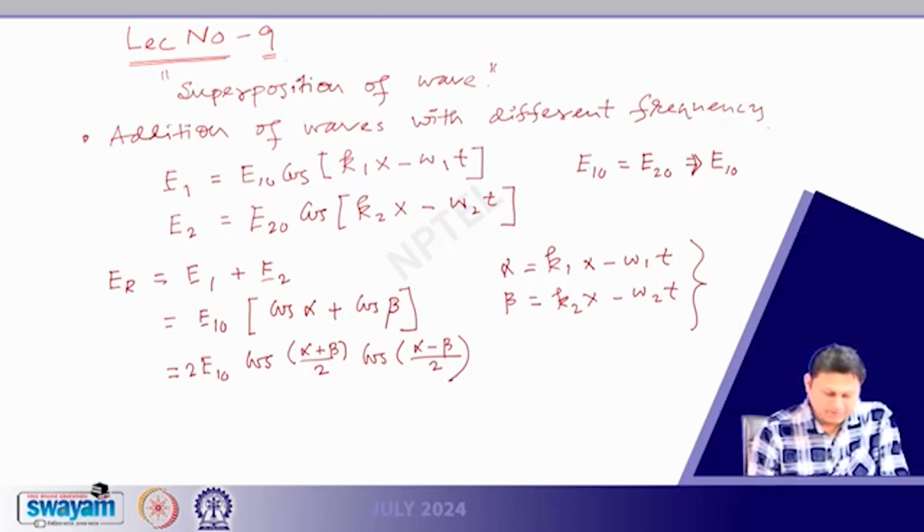And now alpha plus beta and alpha minus beta I can calculate because they are already defined here, and if I do, we get this: